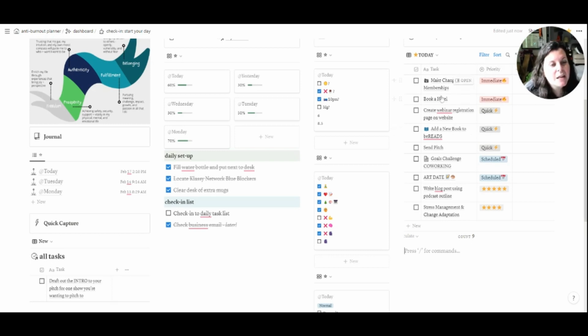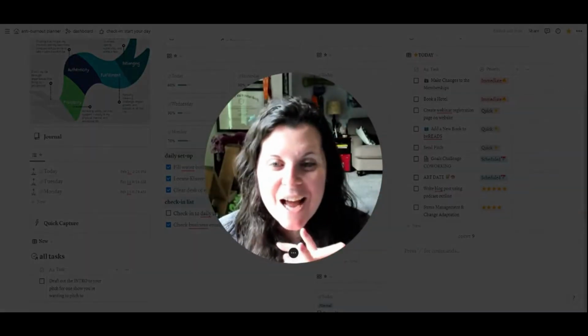It's kind of funny because the immediate stuff is not the stuff that I do first, but these are the tasks that I try to visually say are my most important tasks for the day. I personally just don't do those first. I like to get some dopamine hits, some quick wins under my belt, because it gets me really motivated to then tackle these bigger items for the remainder of the day. So I go through, I prioritize, and then from here, I will start tackling some of the quick tasks for the day. So with that, that is actually the end of my Notion tour.